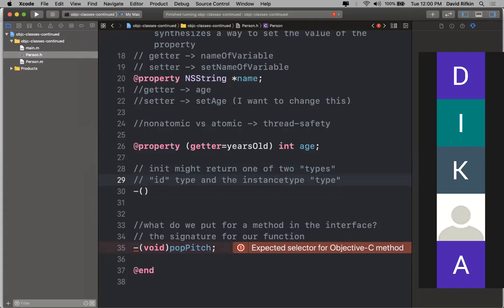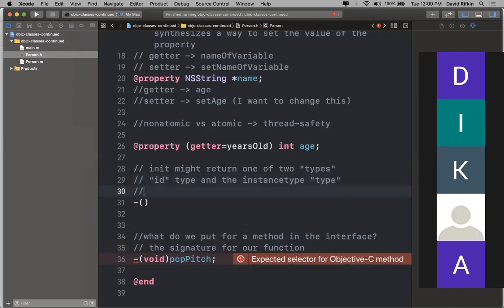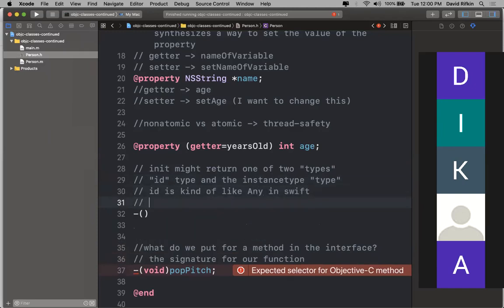All objects, so all pointers to a place in memory that are defined as objects, can be converted into id. Think of this almost as an any in Swift. Whereas instancetype